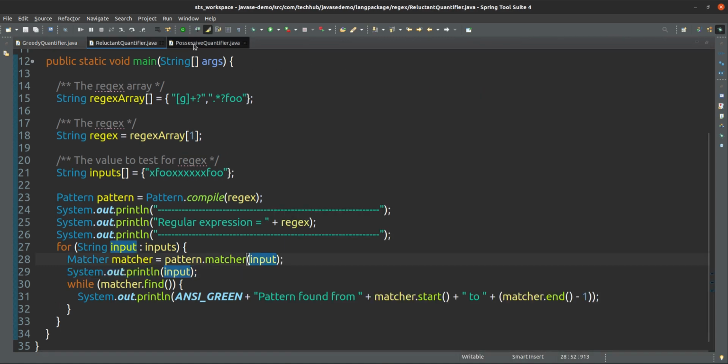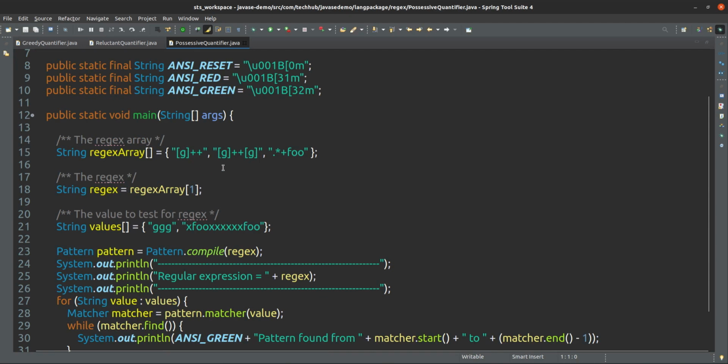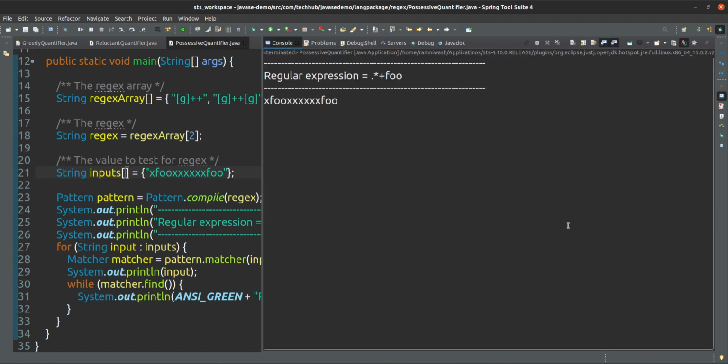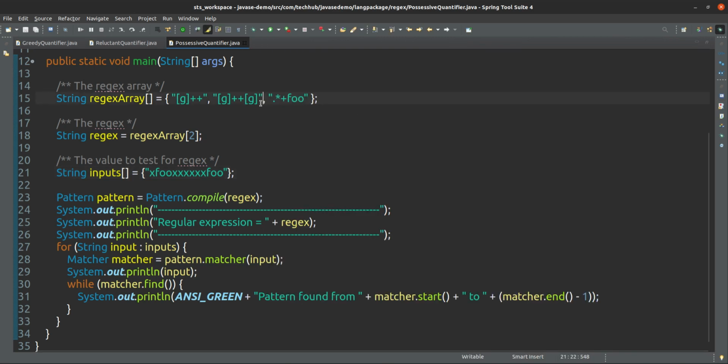So this is the difference here. And if you go for the possessive quantifier, then you will see, and here it is not matching anywhere, because I am saying at least one time, it means x after x star, so it is coming one time,